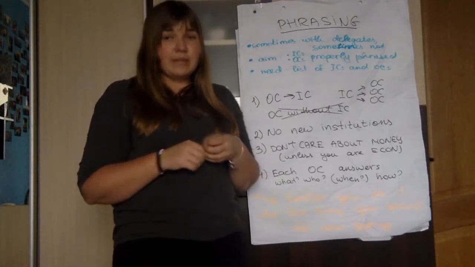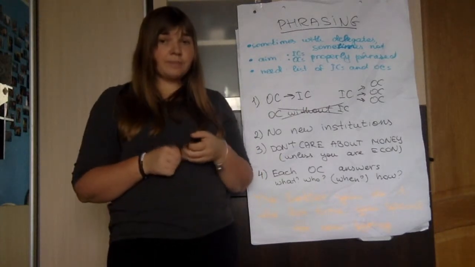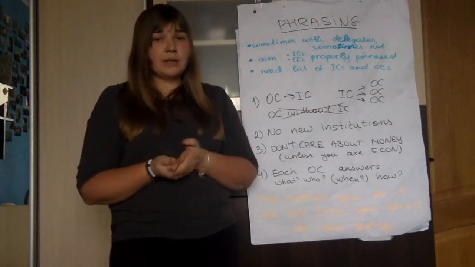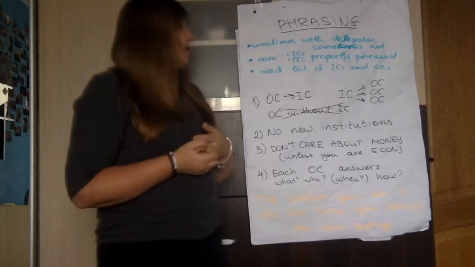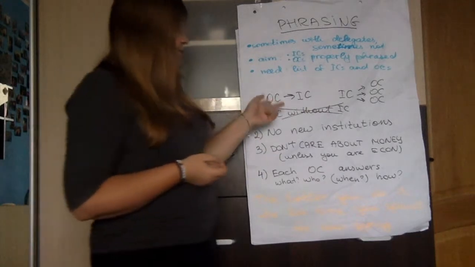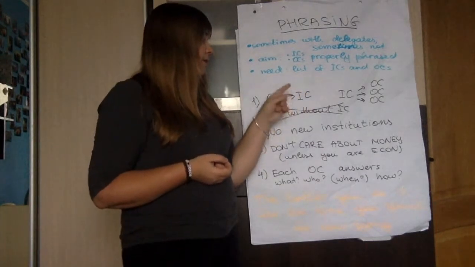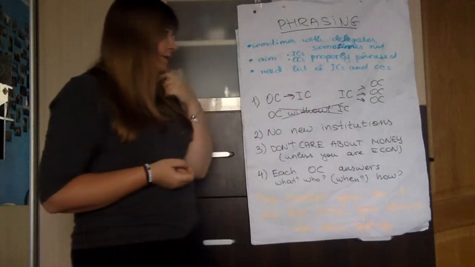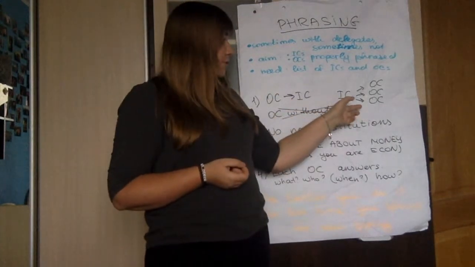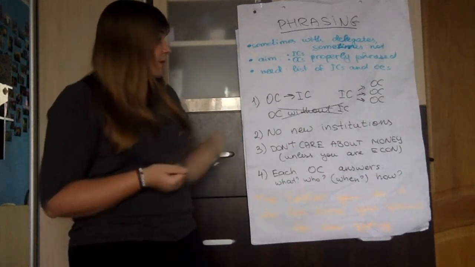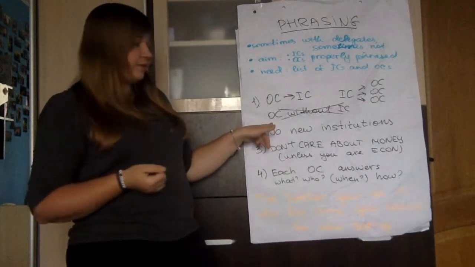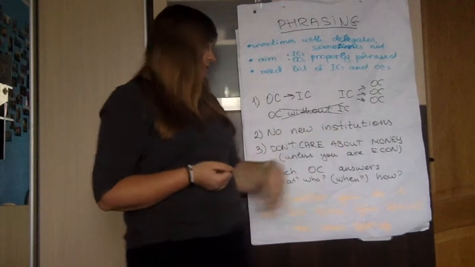You can split delegates into pairs for phrasing, or they can do it all together. That's totally up to you. You just need to remind delegates that each operative clause needs to have an introductory clause before it. So you can have one introductory clause and several operative clauses for this introductory clause, but it never happens that you have an operative clause without having an introductory clause.